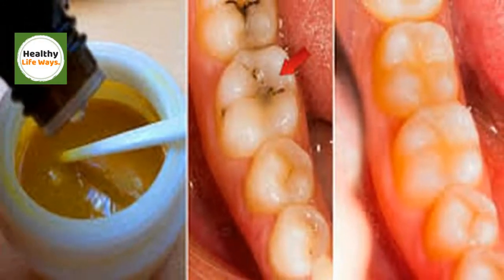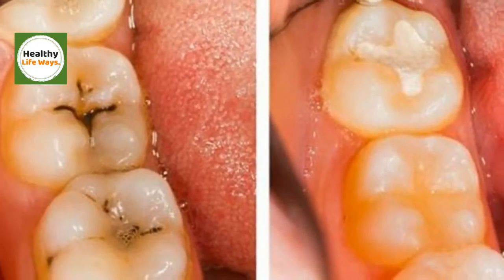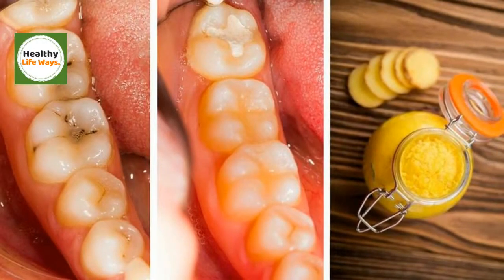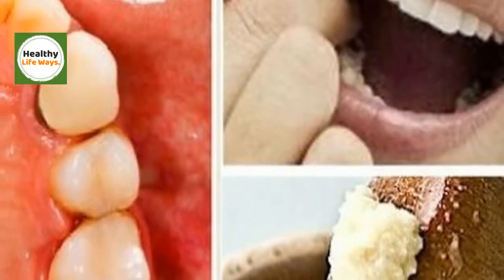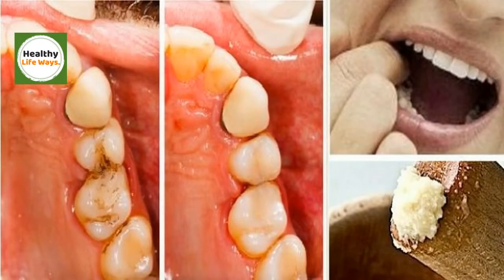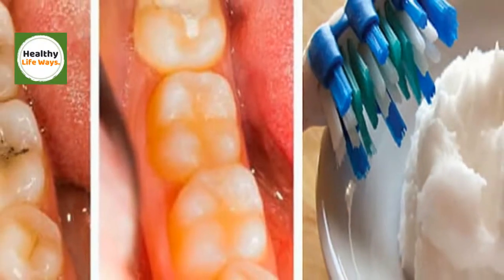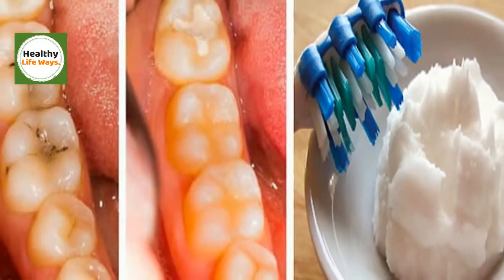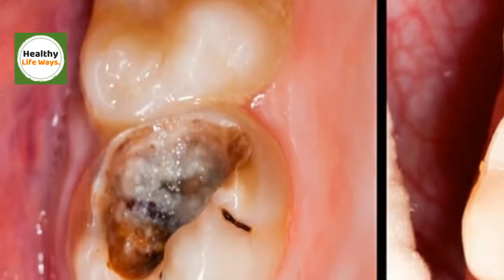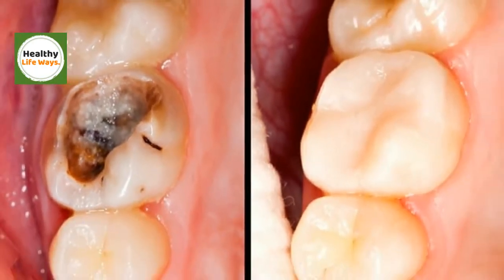3 tablespoons of food-grade diatomaceous earth clay. 1/4 teaspoon of baking soda. 1/4 teaspoon of mint-flavored chlorophyll. 1/4 teaspoon of peppermint extract. 1/2 teaspoon of coconut oil. 1 tablespoon of filtered water. Mix all the ingredients together and there you go, you have your own natural